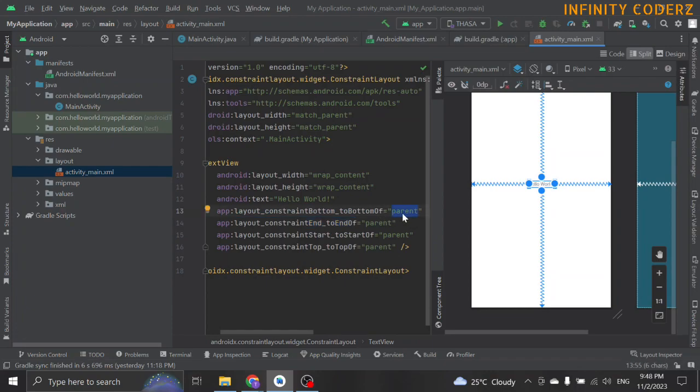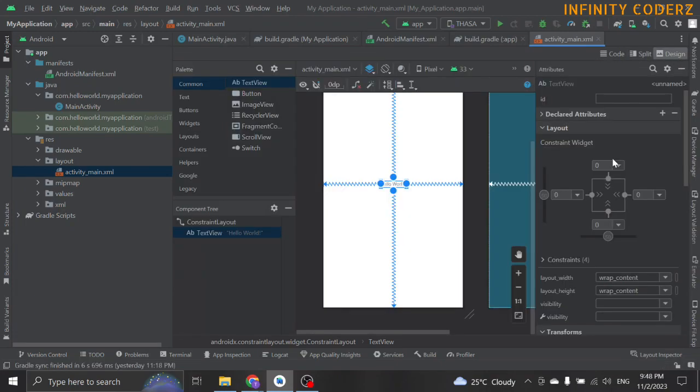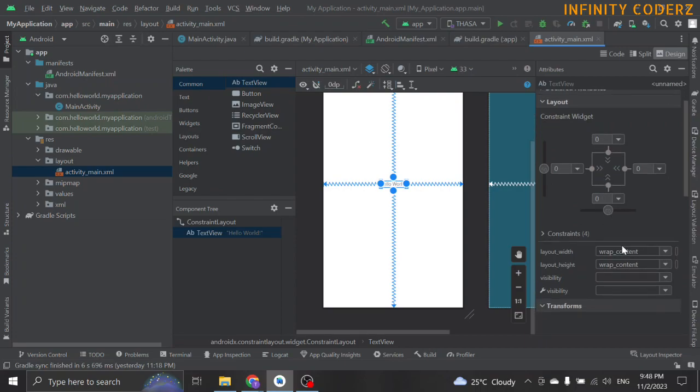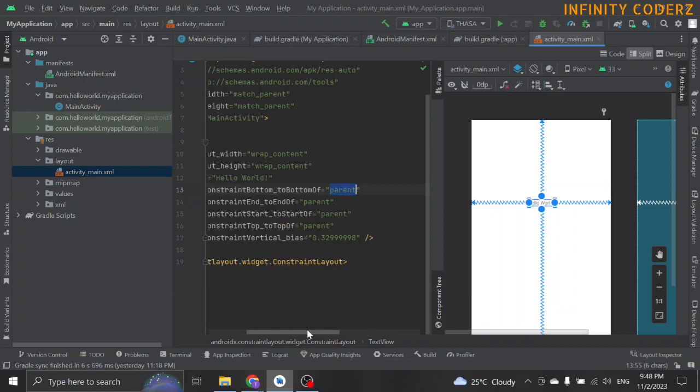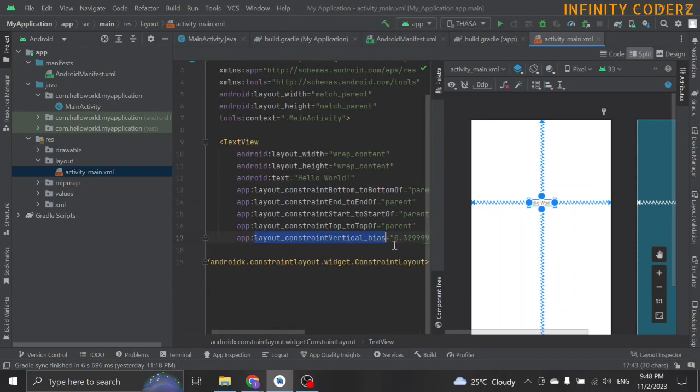If you would like to change the position of the UI elements, go and click on the Design tab. There is a constraint layout widget that can be changed directly by dragging. We can see that the Hello World position is changing in the XML layout as we change the position by dragging in the widget. Whenever any changes or new attributes are selected, that would reflect in the XML layout file directly. There are several types of layouts available in Android, each designed to help organize the UI elements of your app in different ways.